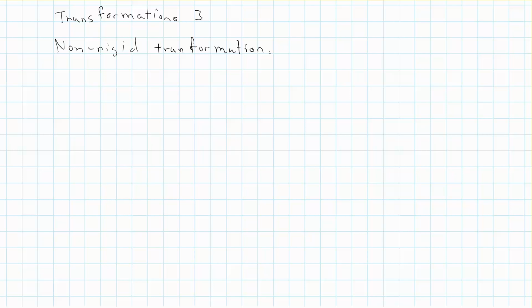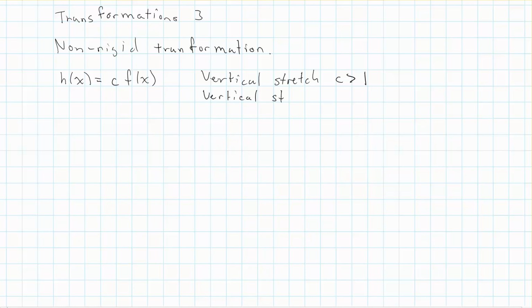And so, basically, if h at x is equal to c times f at x, so this is where we are doing the parent function first and then multiplying by c, this is vertical stretching and shrinking. It's a vertical stretch when c is greater than 1, and it's a vertical shrink. Now you might think it's going to be negative, but it's not. The c's are always positive, and it's a shrink when c is basically a decimal number,